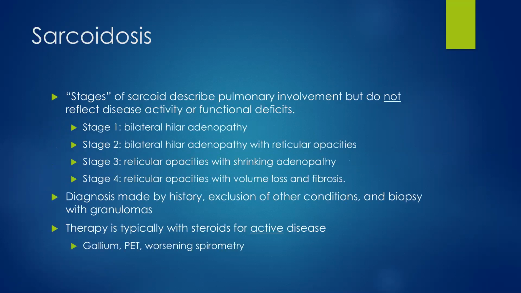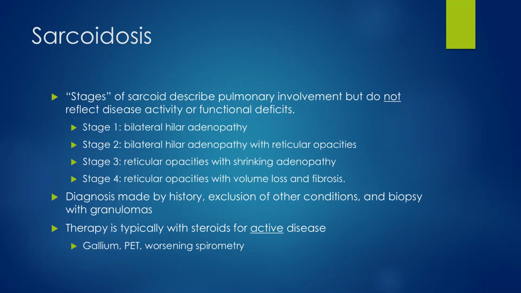So you'll hear sometimes about stages of sarcoidosis. Stages of sarcoidosis is purely a radiologic term. It gives you an idea about what their X-ray and their CT imaging looks like. It has nothing to do with what their disease activity is or how bad their sarcoidosis is. So stage 4 sarcoid is just a representation of what their picture looks like. It doesn't tell you anything. It's not like cancer, where stage 4 lung cancer is not good. Stage 4 sarcoid, I've got a 30-something-year-old guy who's got a stage 4 looking image, who's a psychotherapist and he's out and about doing his thing.